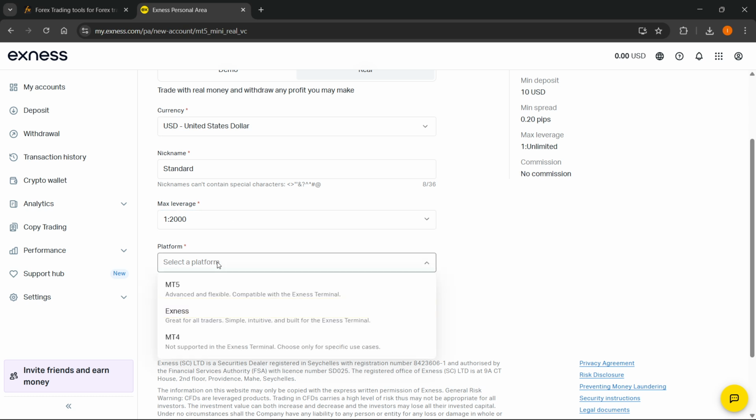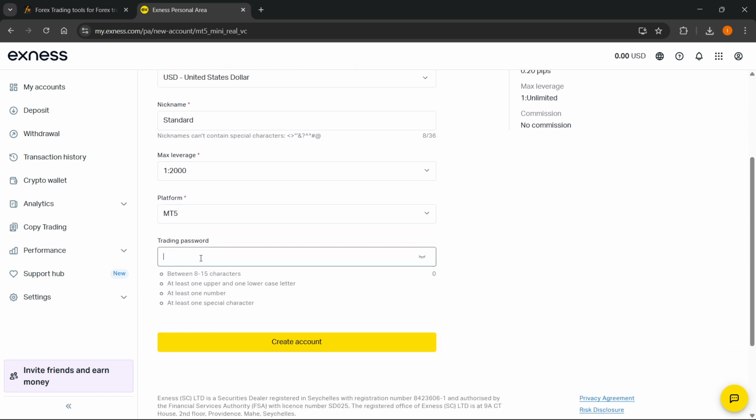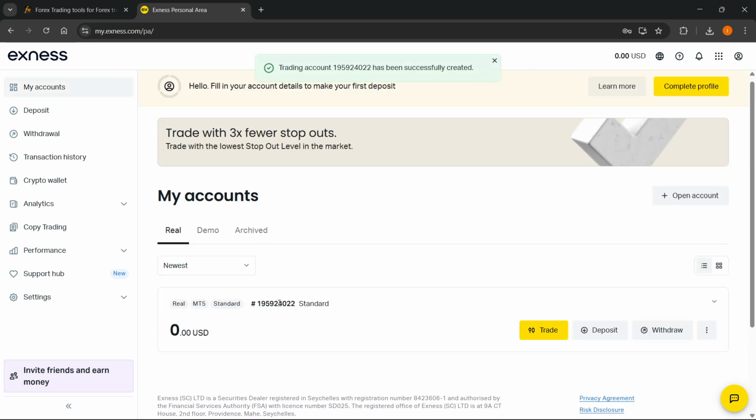And then the platform over here, what you should select is either MT5 or MT4. So whichever you prefer, select that one. Then I'm going to go ahead and click on MT5 over here. Then you're going to have to set in your trading password. So I'm just going to go ahead and do something random like this. There we go. And then here you want to click on Create Account,